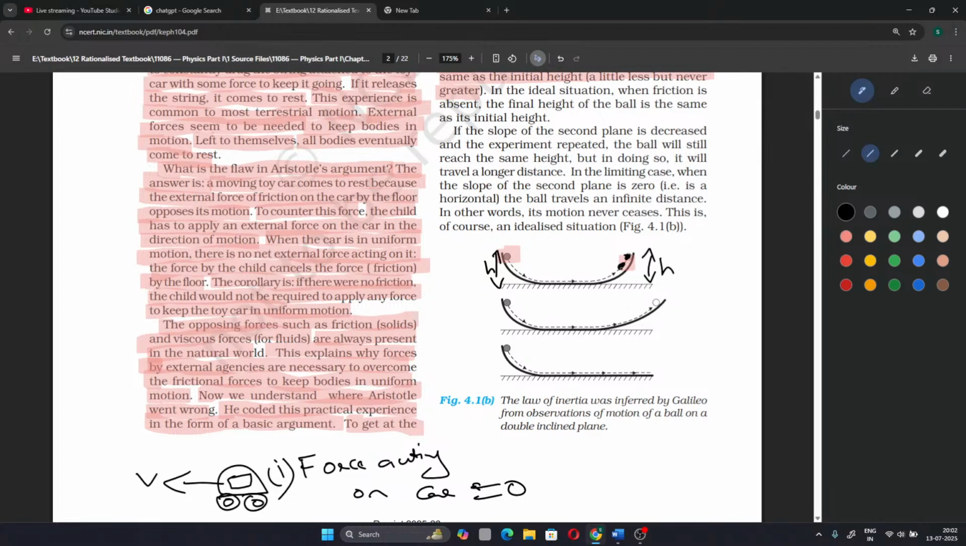In the case of the real world, we do not have perfect, ideal frictionless bodies, so it will be here in the case of a very smooth plane, but it is never here. We can never say that it is higher than the initial height. It will always be